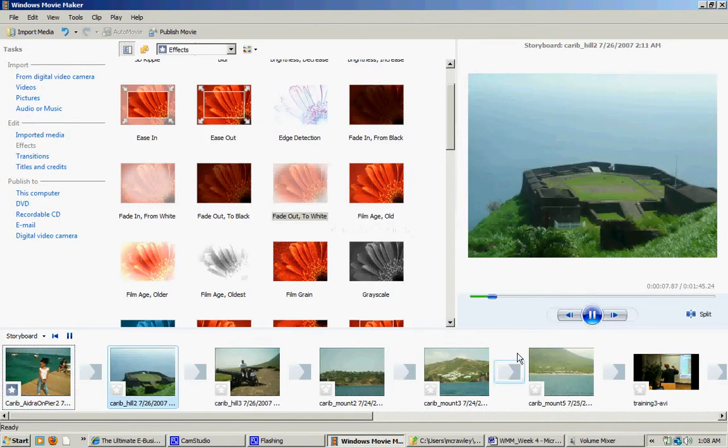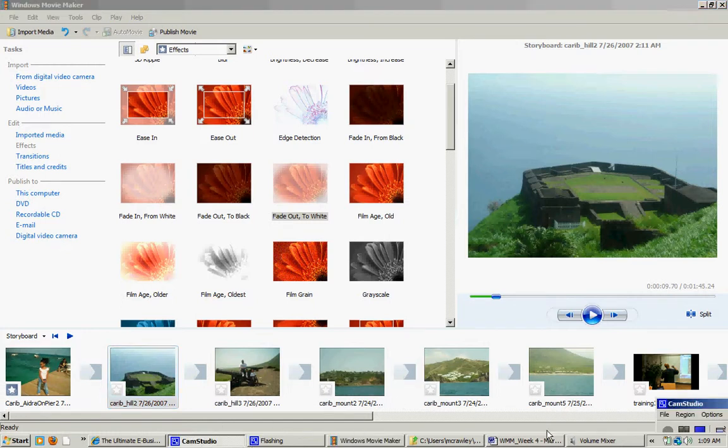Alright, and if that's what you wanted. In our instance, I really don't want that effect, but take a look at it before you actually publish the video. Okay, so that's an overview of effects. Now we're going to move on to some more specific